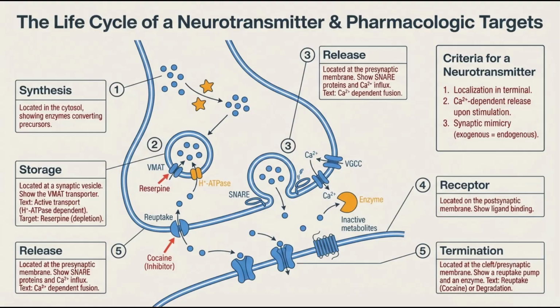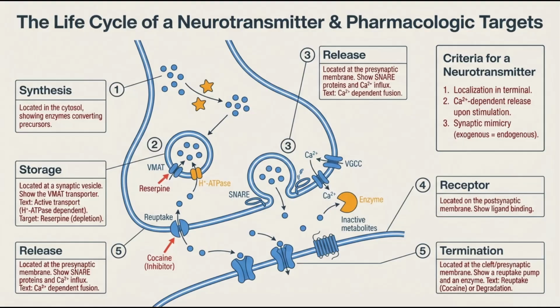Now, why is this a separate step? Why not just make it and release it? This is such a critical and often overlooked nuance of neurobiology. You can't just have these neurotransmitters, especially the monoamines like dopamine or serotonin, just floating around freely in the cytoplasm. Why not? Well, for one, they're chemically unstable. But more importantly, the cell actually has enzymes like monoamine oxidase, just sitting there on the mitochondria waiting to chew them up. As a protective measure. Exactly, to protect the cell from oxidative stress. Yeah. So you have to package them, you put them in these little lipid bubbles called vesicles, both for protection